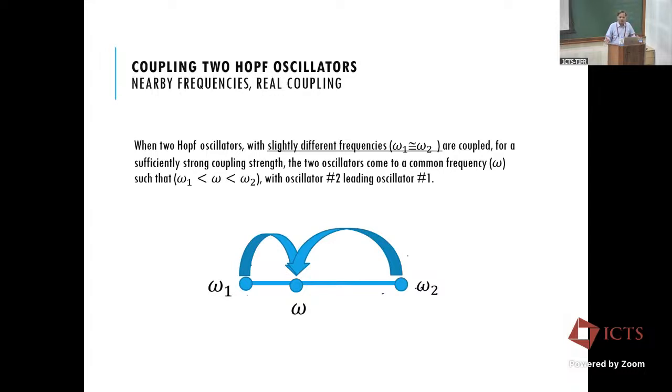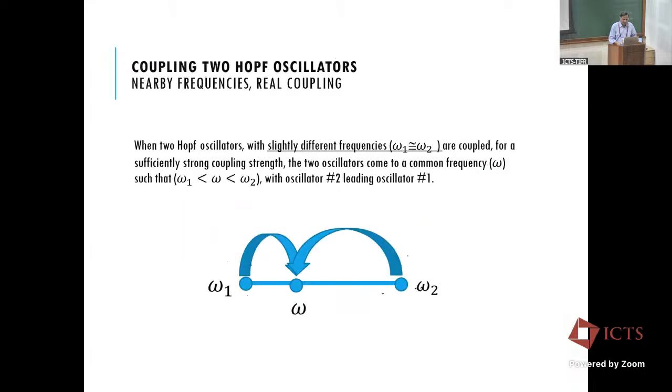Because the brain operates at something like 0.1 hertz to a few hundred hertz. I mean, that's the kind of network you want. That's the kind of diversity in frequencies you want. So then let us move on a little bit and take two oscillators with different frequencies, but they're close, right?